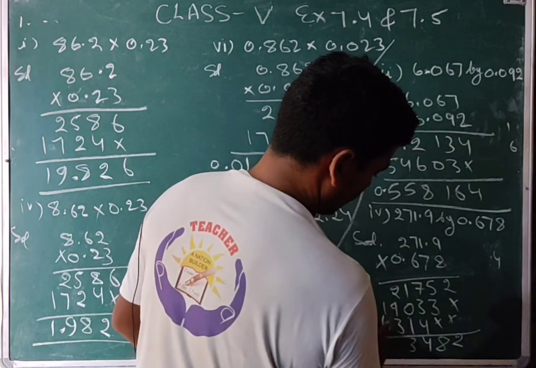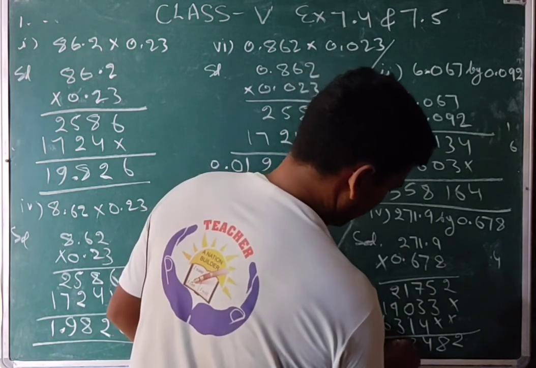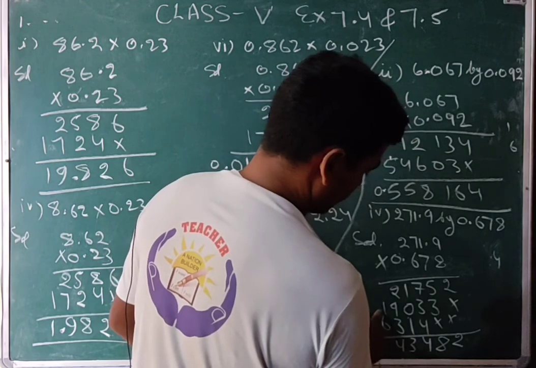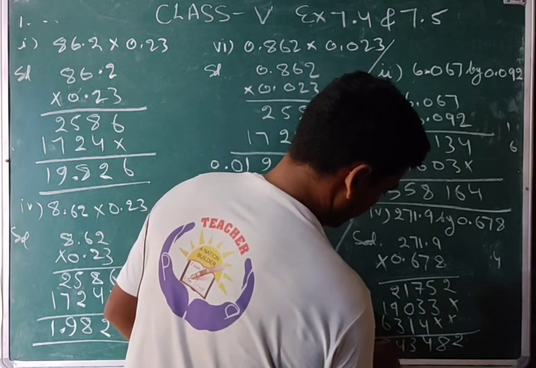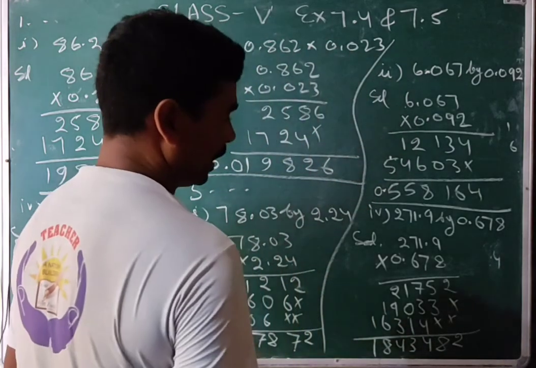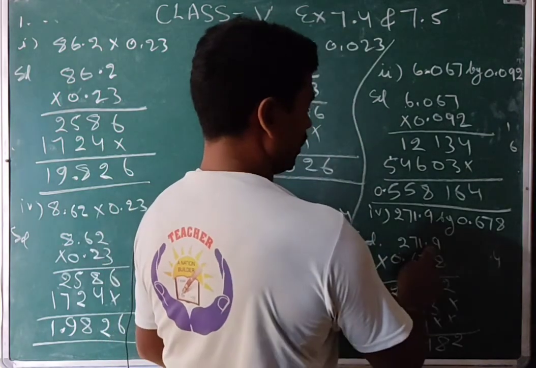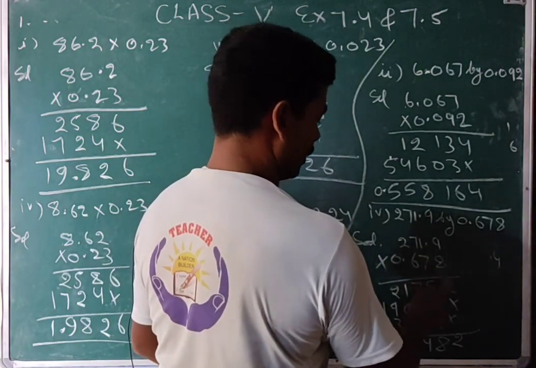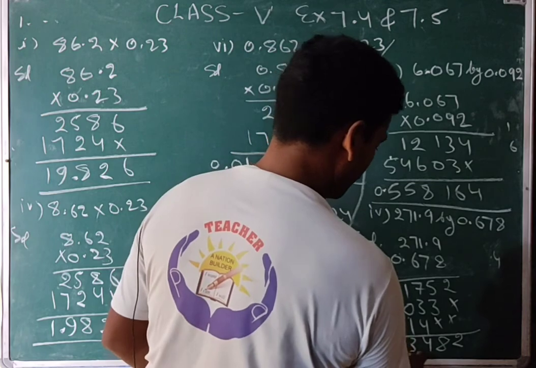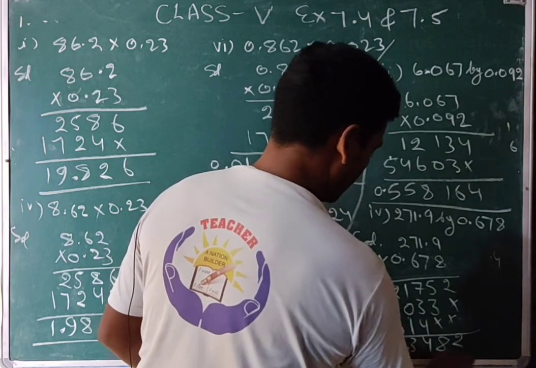9 to 11 12 13 14 and then 6 1 7 1 8 by carry and then 1. And then the decimal digits we will count: 1 digit, 2 digit, 3 digit, 4 digit. So 1 2 3 4 digits we will count and then put the decimal.